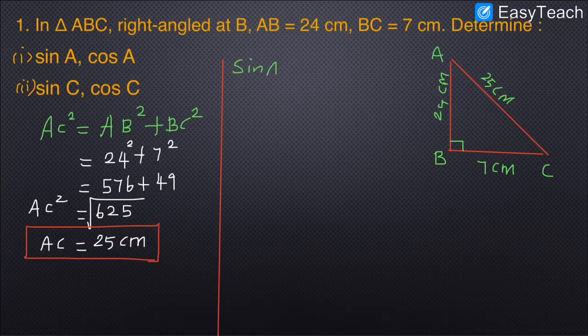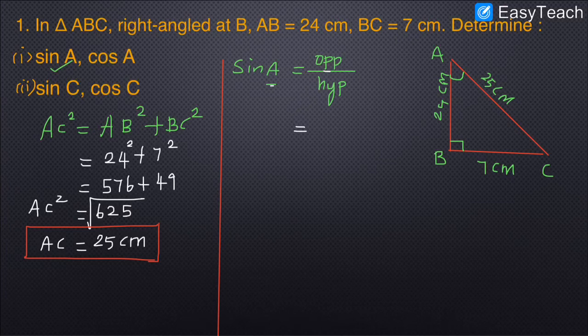First of all, sin A. Before writing the ratio, make sure, listen carefully, what is the angle given here. So here A is given, okay. So we have to consider the angle A. Now we know that sin A equals opposite by hypotenuse. I already explained how to memorize this ratio quickly, okay. I hope you learned already.